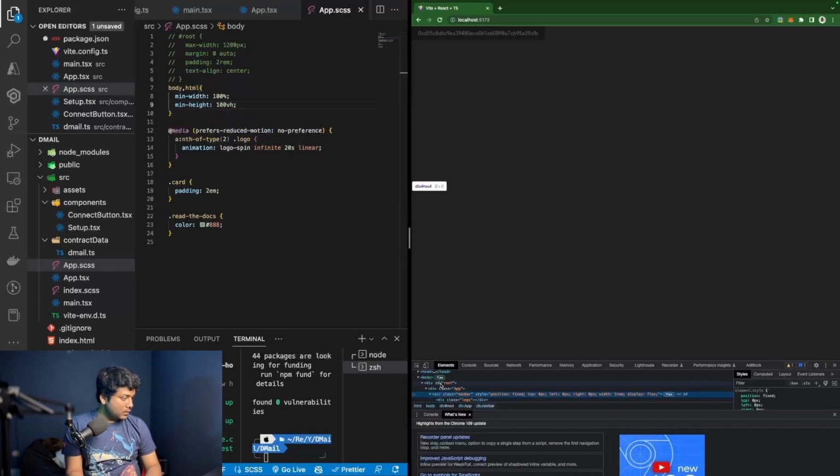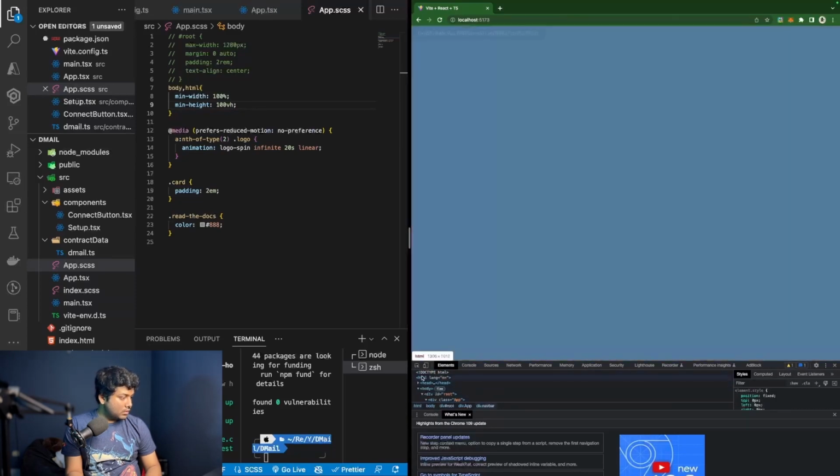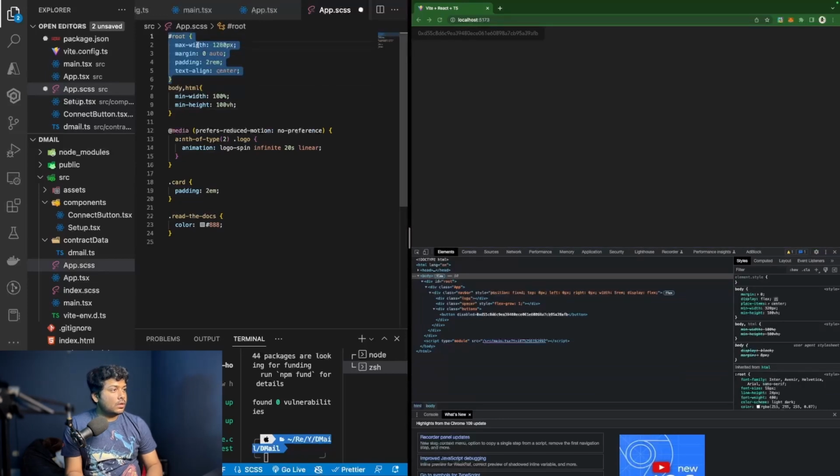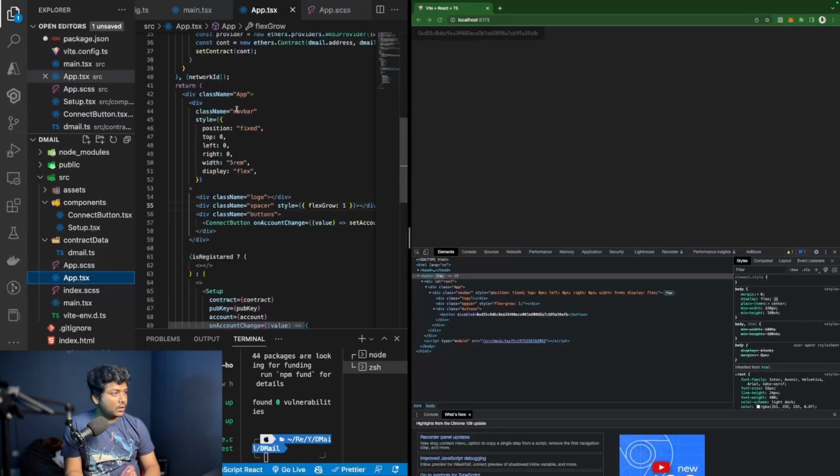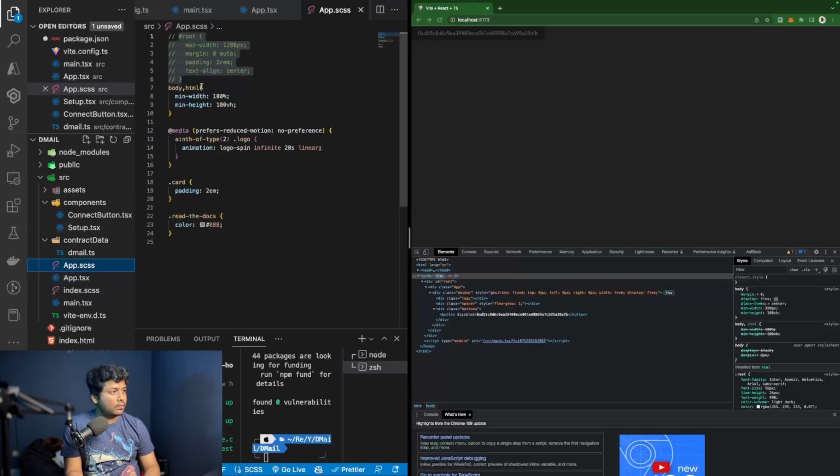So that way we will have HTML and body. Yeah, so okay, and the app will have